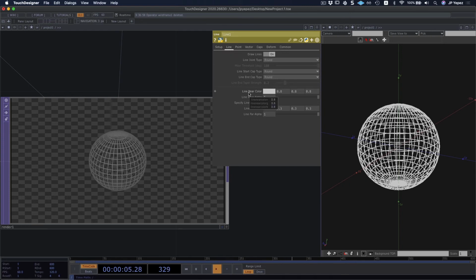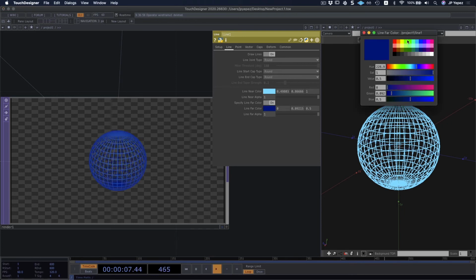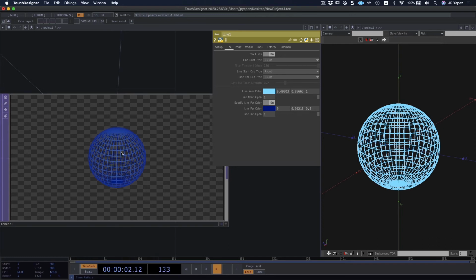Think about two things. You're going to have certain line settings for your geometry that's close, and you're going to have line settings for whenever it's far. Let's make it very noticeable. Whenever I'm near, I want it to be bright, and I want it to give me this blue look. Whenever I'm far, I want to have more of a darker blue color. Something interesting is happening here. We can see that I have a more interesting type of look.